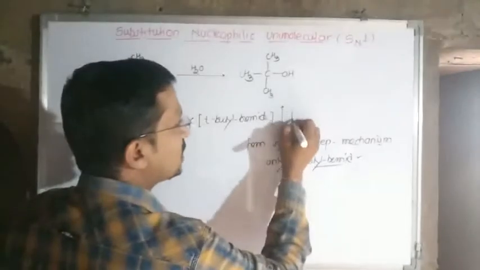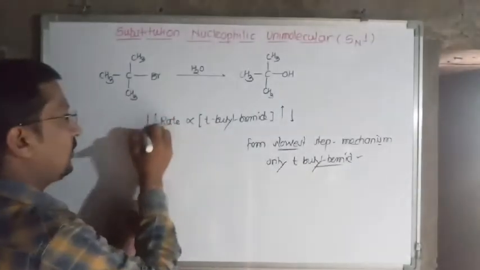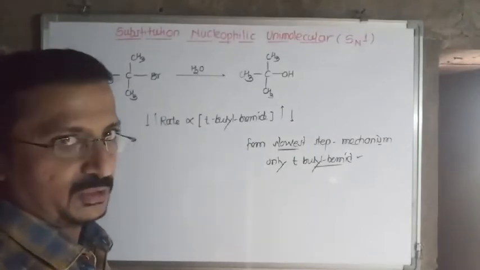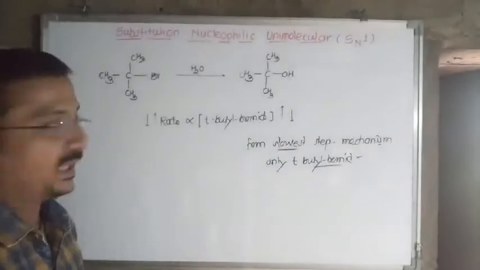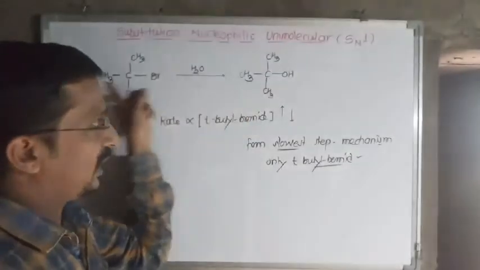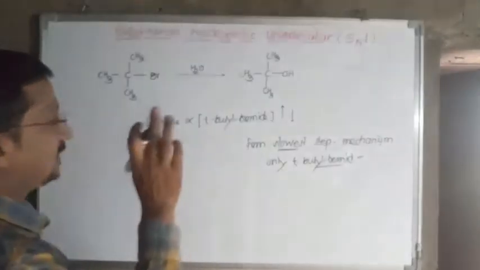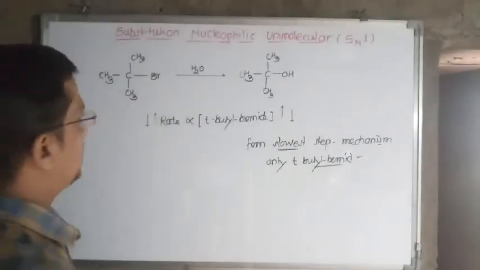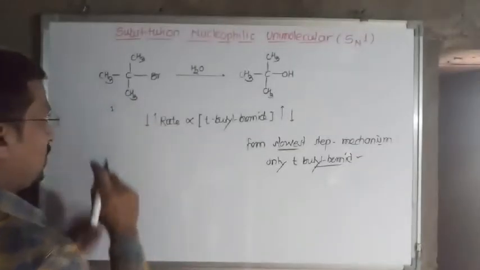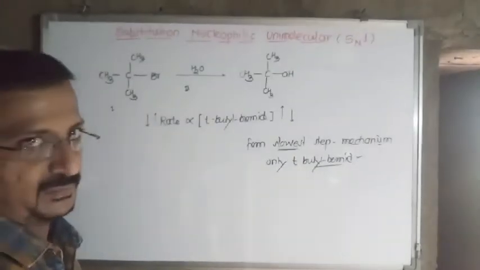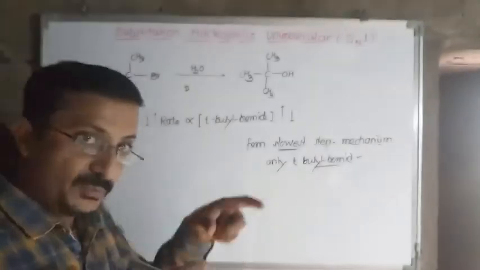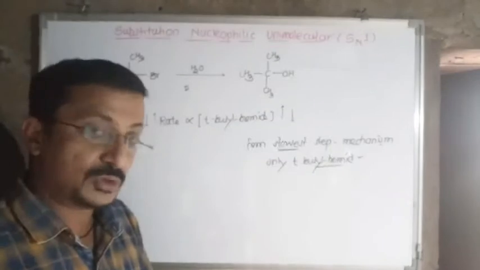If you decrease the concentration of tertiary butyl bromide, the rate of the overall reaction decreases. But one more point. If you consider this reaction, there are two substrates, or two reactants. One is the tertiary butyl bromide, and the second one is the water itself. Isn't it? And according to chemical kinetics, that is the collision theory, for any reaction,